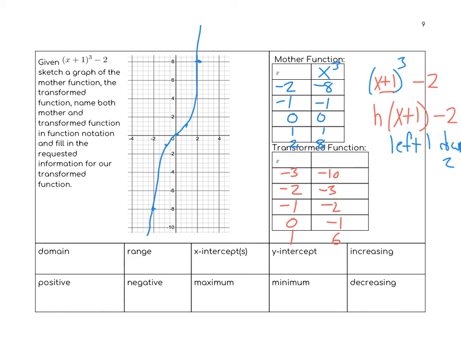So if I plot those points, we got 1, 6. We got 0, -1, -1, -2, -2, -3, and -3, -10, giving me a graph that looks like this,